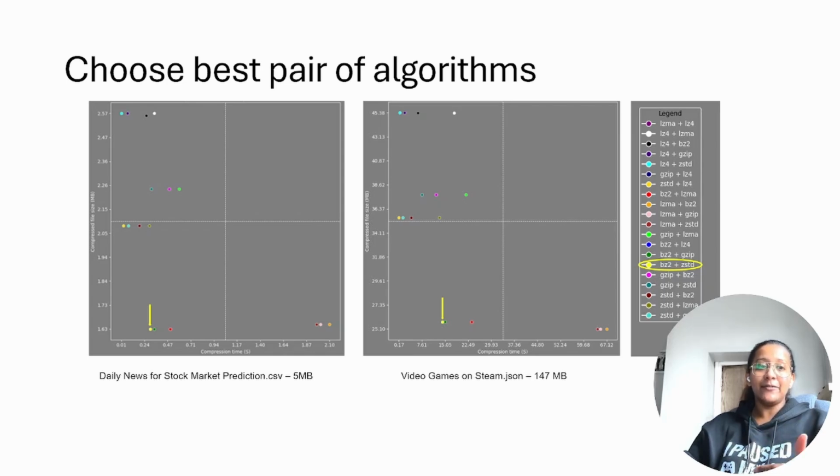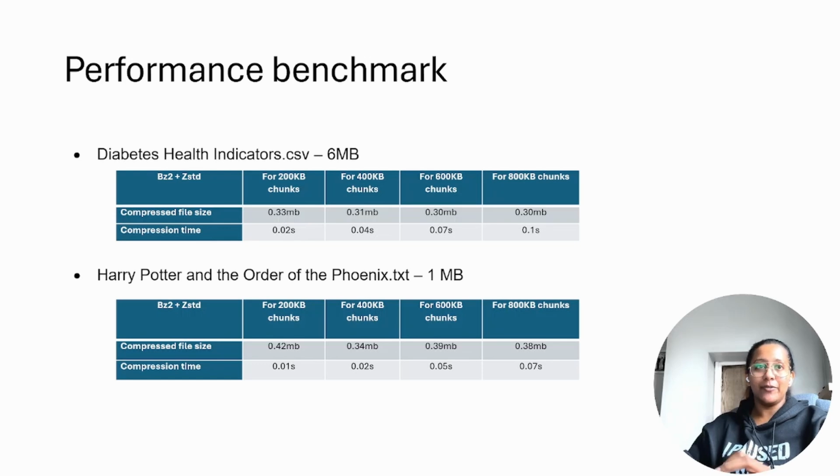I also identified that the nature of the data and the file size can impact the performance of the compression model. Therefore, I tried to find a benchmark file size. For that, I tested 100 kilobyte to 1 megabyte chunks as the input of the first BC2 algorithm and used that compressed output as the input of the ZSTD algorithm. According to the obtained results, the 400 kilobyte chunk scenario obtained the lowest compressed file size in the lowest time for most input files. Therefore, the initial compression model was built with 400 kilobyte chunks as its input.